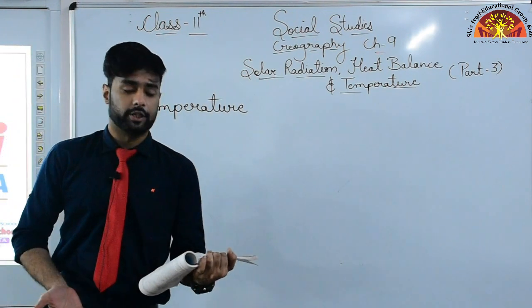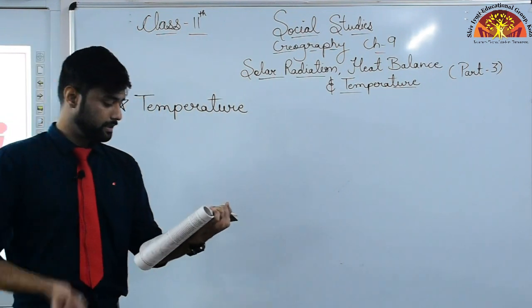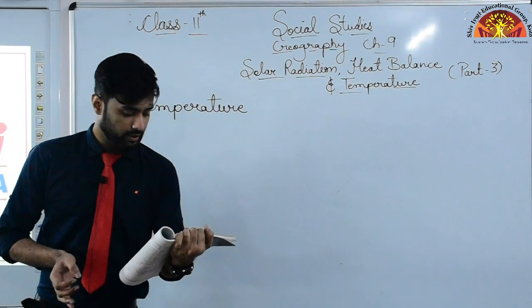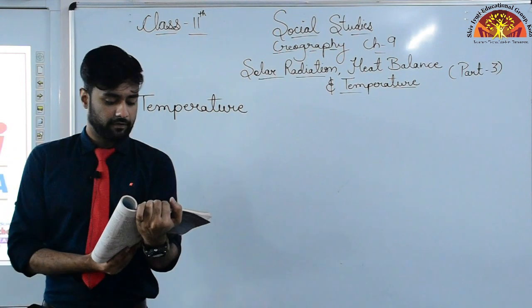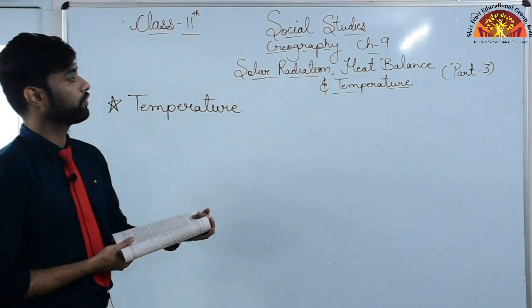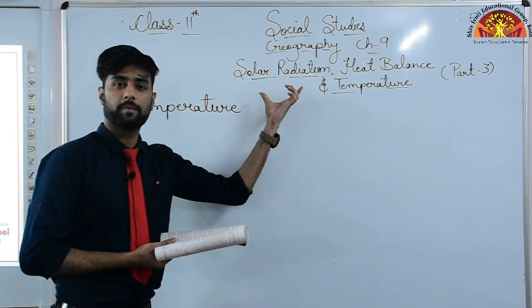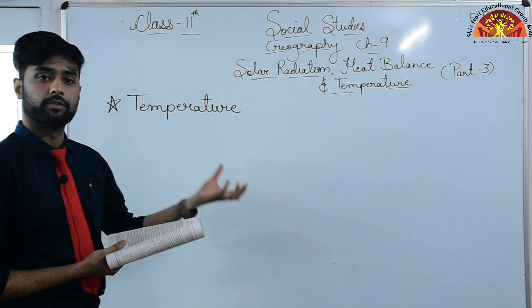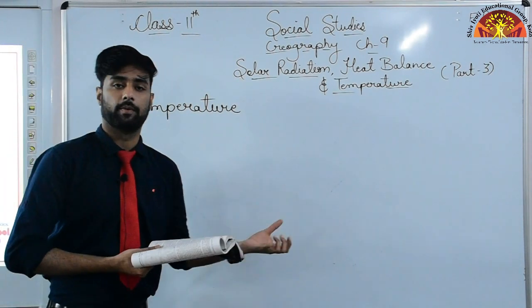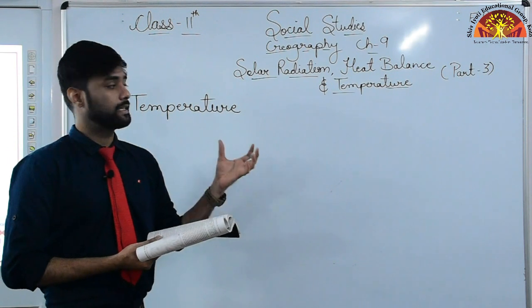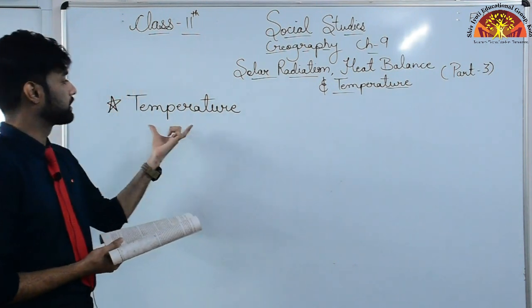So what is temperature? You have all heard this term, but let us study the definition of it. So up until now you have learned that the interaction of insolation with the atmosphere and the earth's surface creates heat, which is measured in terms of temperature. We know that so far the solar radiation which we receive from the sun, it heats up the earth. Heat up ho rahi hai. The term which we use to measure that heat, jisse hum us heat ko measure karte hain, that is called